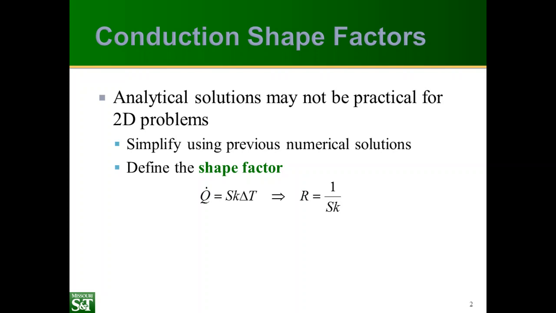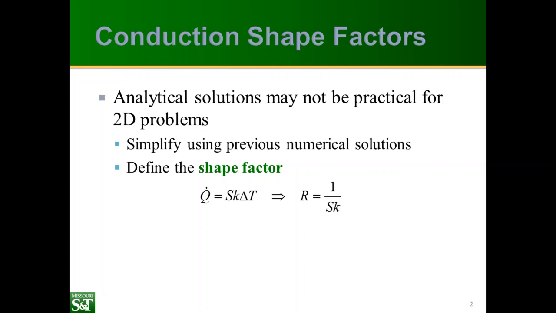It turns out that analytical solutions aren't very practical for many two-dimensional problems. Typically, we have to use some formula such as separation of variables to solve these 2D problems. And that makes the mathematics complex, and the solution is usually in the form of some kind of infinite series. So we take advantage of numerical solutions or simple analytical solutions to define what we call the shape factor, or S. The shape factor basically takes the place of the thermal resistance, and it's determined by comparison with experiments or